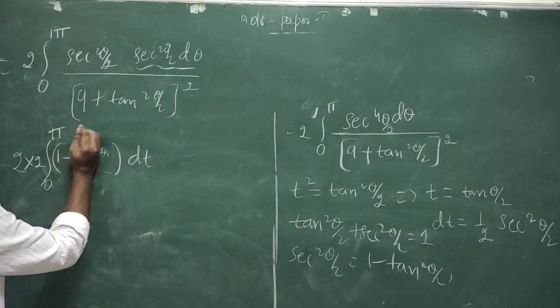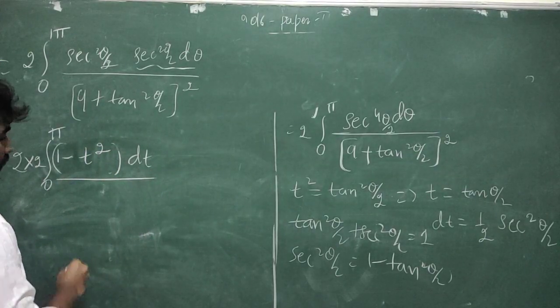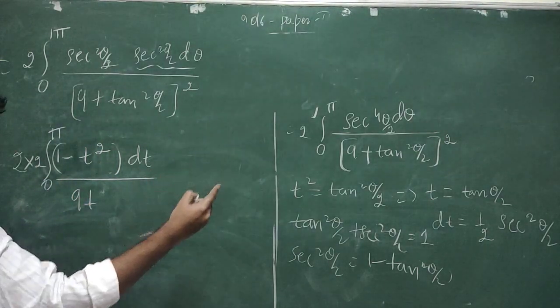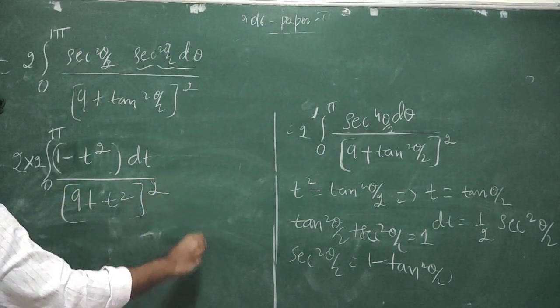So I am going to replace this as t square divided by 9 plus tan square theta by 2 is nothing but t square whole square,